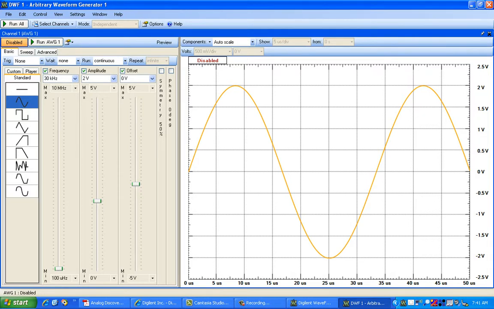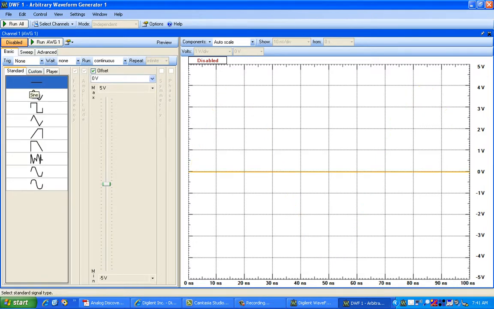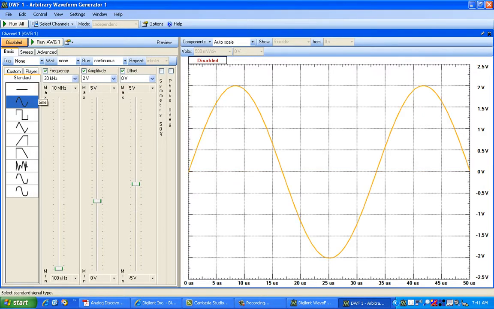In the arbitrary waveform generator, you see various options of waveform generation, that is a DC signal which you can see here, and periodic signals such as sine wave, square wave, triangular wave, ramp up, ramp down, and even an arbitrary noise signal can be fed to your circuit as per your requirement. The frequency of the applied periodic signal, and the amplitude and offset voltage associated with that signal, can be controlled with the help of this software.